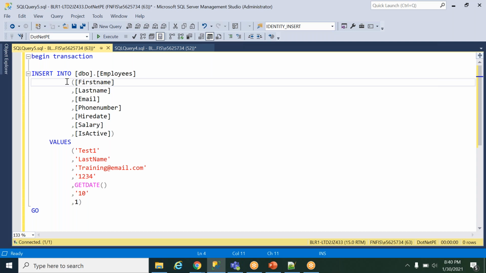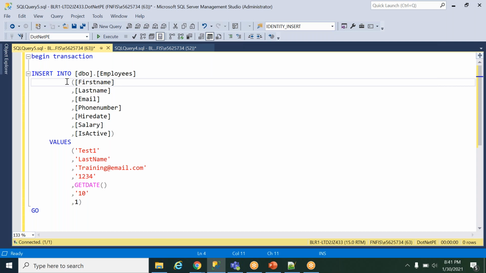So that time what I'm doing is I have inserted the data in the employee table, but when I'm trying to insert the data in the address table, there is a network error might happen, or there is an error in that. So that time what will happen? If I'm not using any transaction, the data is inserted in the employee table, but I have not inserted any data in the address table, as there is a network error. So the data will be there in employees, but against that particular employee the data will not be there in the address table. So to avoid these kind of issues, we'll use the transactions.